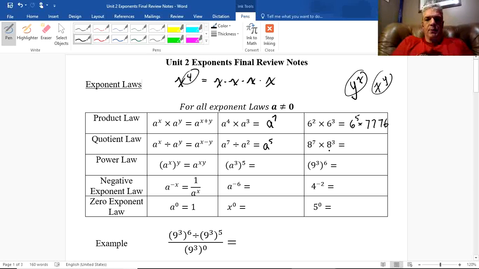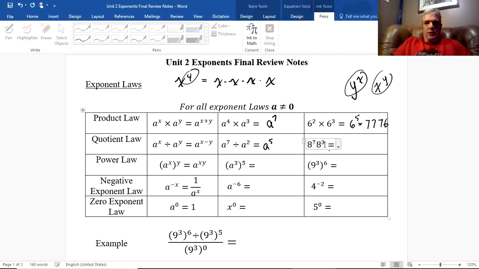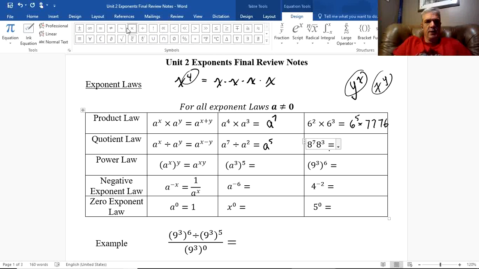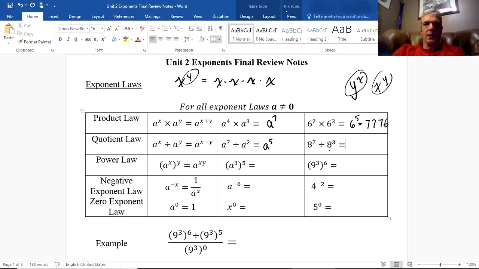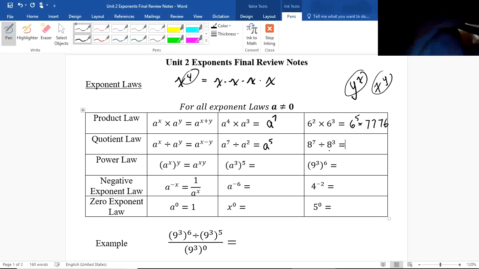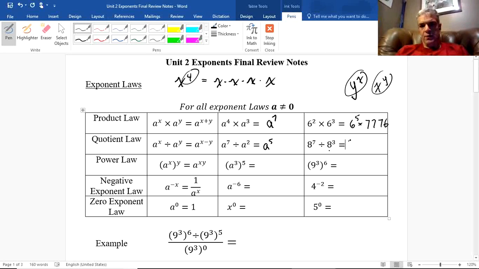oops, that should have been divide. Let me just change that for a second and I'll make sure it is changed on yours. It doesn't make sense for us to multiply here, of course. Go divide. There we go. Okay, and that would give us an answer of 8 to the power 4,